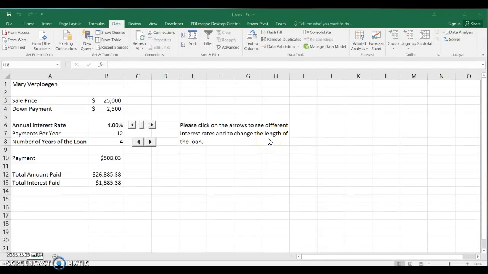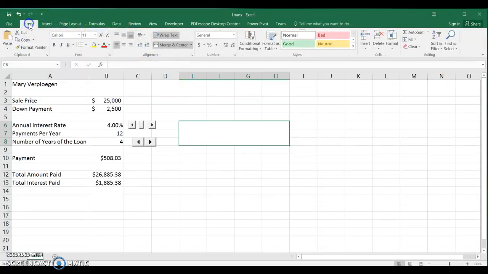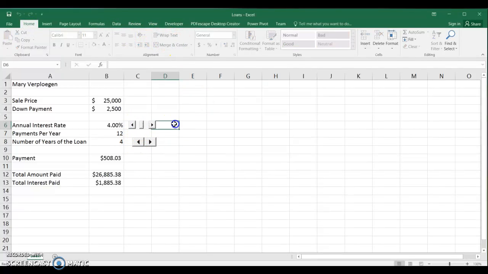I had that in the written directions. I didn't tell you in the video ones, and it's fine if you turned it in without that. But we are going to eliminate everything in these particular cells. This one is all merged, so I'm going to have to unmerge that one. And then I'm actually going to get rid of these